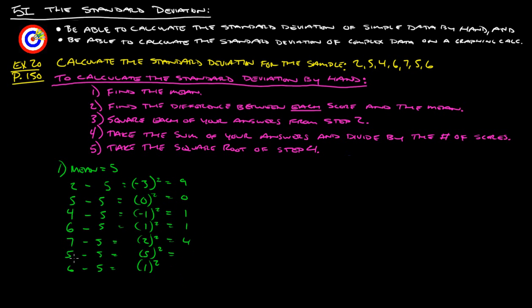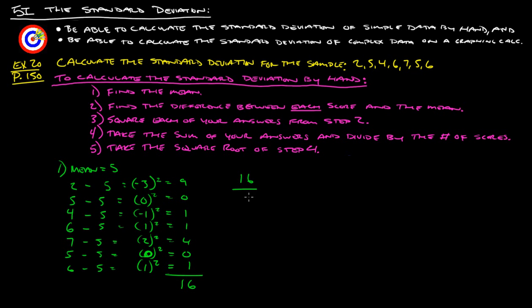Let's go back. This here, 5 minus 5 is not 5, it is 0. So that should be 0. That should be 1, that's better. 9, 10, 11, 15, 16, that's what we're looking for. Sorry about that. So we've taken the sum of our answers, and now we're going to